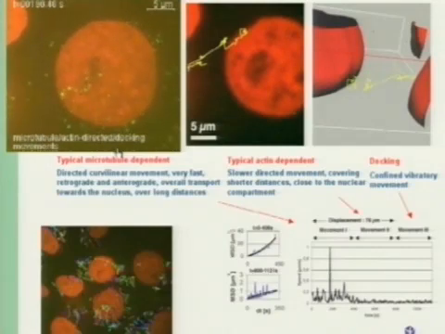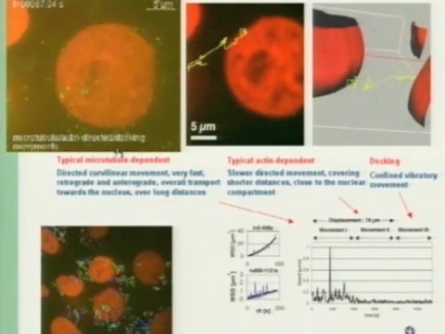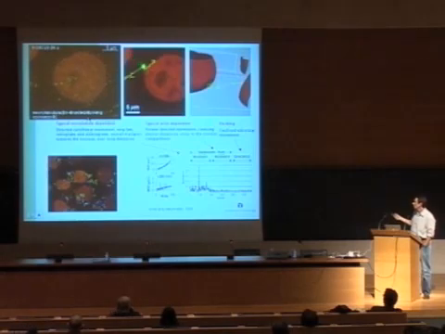That routing from the plasma membrane to the nuclear membrane involves first a very quick and saltatory movement with peak velocities of up to 1 micrometer per second, which is strongly reminiscent of a microtubule-dependent movement. But close to the proximity of the nuclear membrane, at 200, 300 nanometers, the viral complexes undergo a transition from this very quick transport to a much slower movement and more curved, which leads to the docking of the complex onto the nuclear